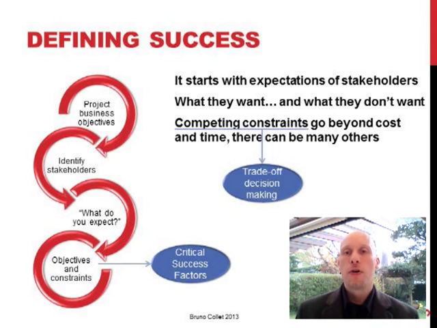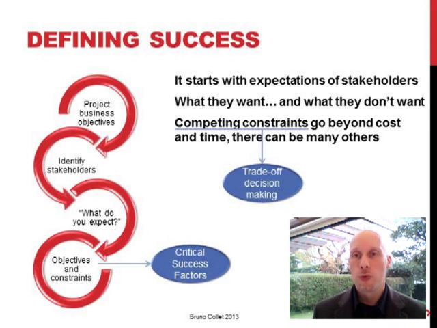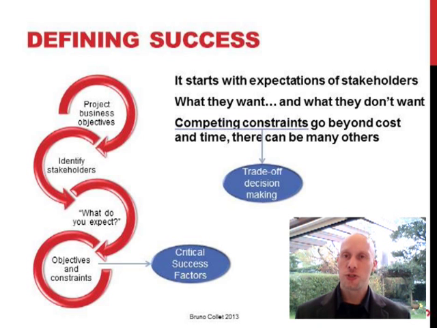The way to set up a project performance management system is essentially a top-down process. We start by defining success. How do we define success? First, we look at the project objectives and we identify the stakeholders because they are the ones who will define success actually. We go and see the stakeholder, which is usually a project manager's responsibility. Go and see the stakeholders and ask them, Mr. Stakeholder, what are your expectations for this project? How would you define whether this project is a success or failure?